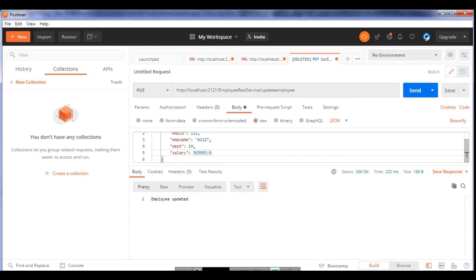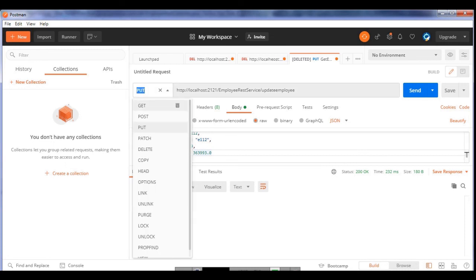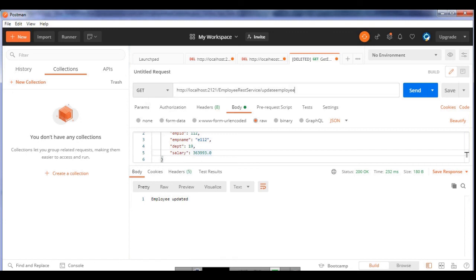Let's also check from our end that updated information. I can just do the get and use the endpoint for displaying only one employee for that particular ID. I can put this as 112 parameter, and send it.